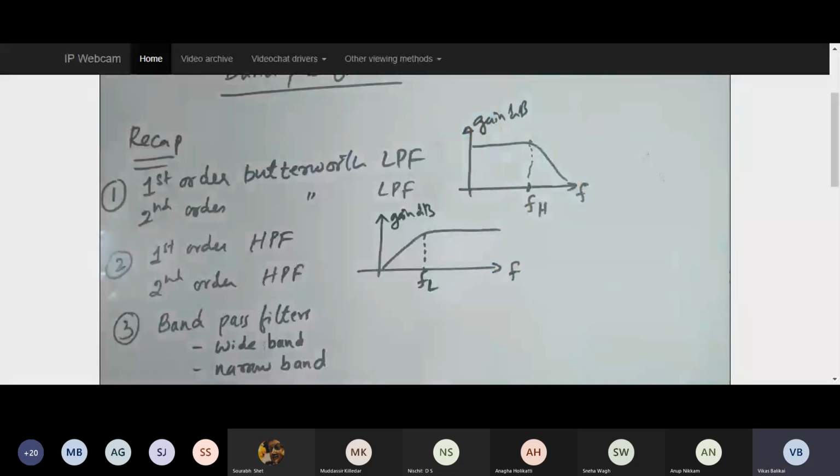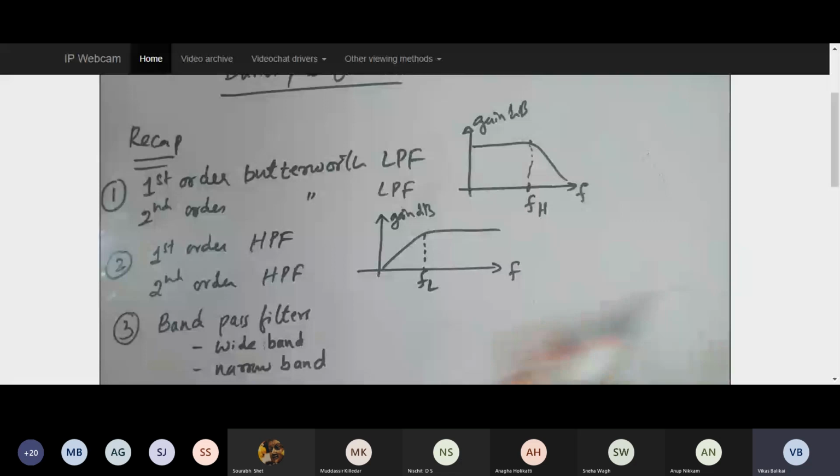And how do we calculate gain? Gain in dB can be calculated: if I know the magnitude, I can easily calculate 20 log of that particular value, and I am going to get the gain value in dB. So if you can remember that, that would be great. So this is with respect to your graphs.